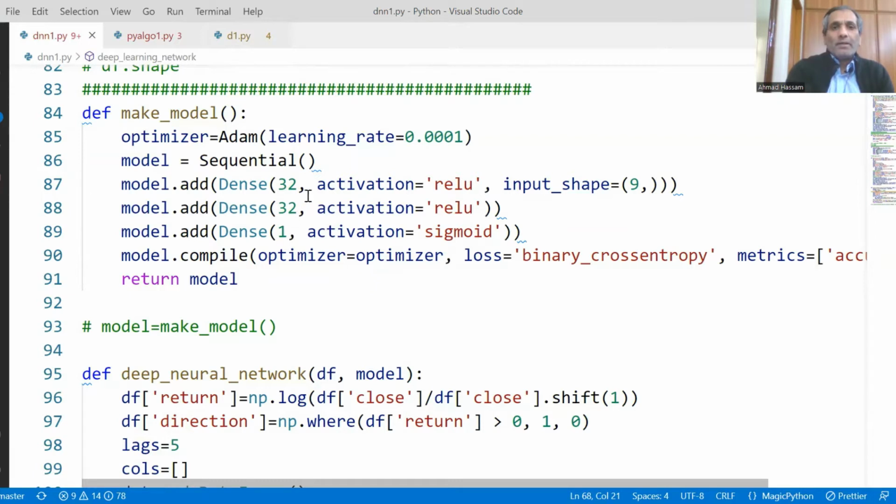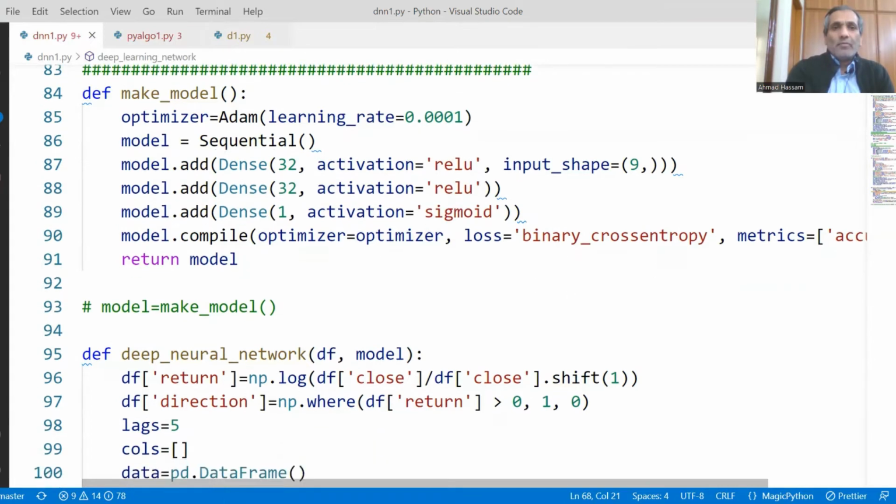Then it makes calculations. After that, it gives you the second layer that also comprises a 32 node neural network. And then the last layer is just sigmoid with one node. And then we compile that model and this we return.